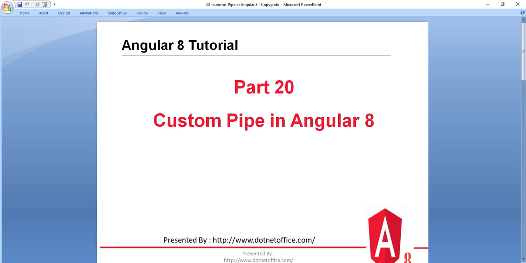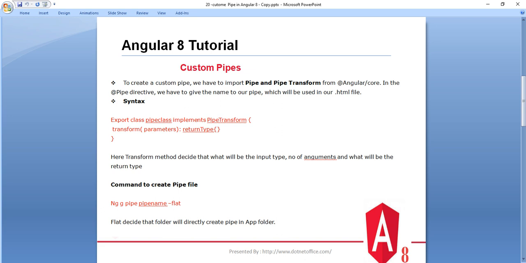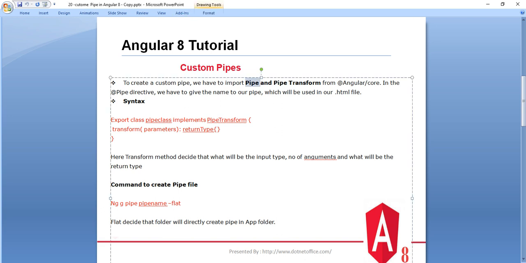If we create a custom pipe, we have to import Pipe and PipeTransform from the Angular core library, and in the Pipe decorator we have to give the name of our pipe, which will be used in the HTML file.